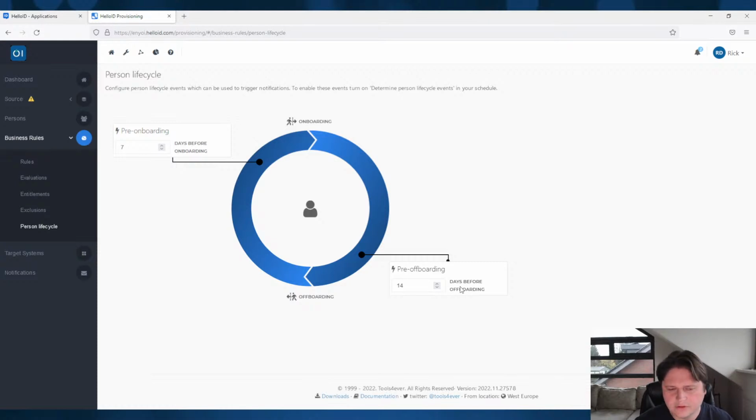Why do you want to use this? So let's say for the pre-onboarding, you want to notify your manager that 7 days before somebody starts, you will get an email, hey, this person will start on that day or with this contract in your department, something like that. And also, of course, if a person leaves the company, you want the manager to get notified because sometimes,